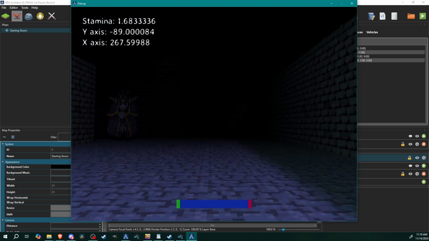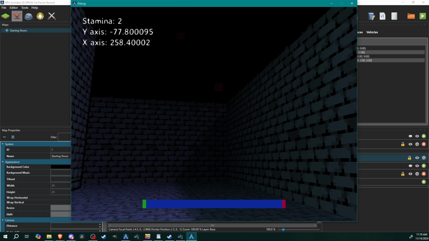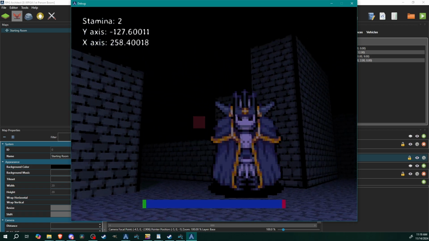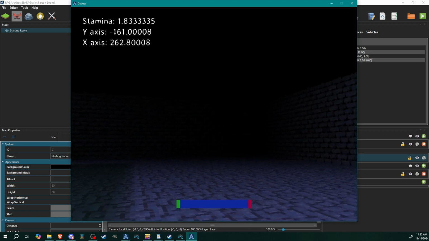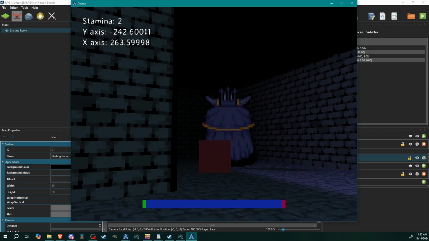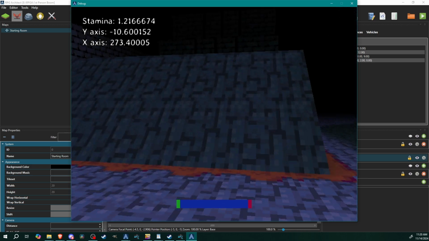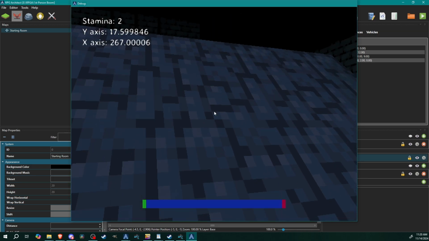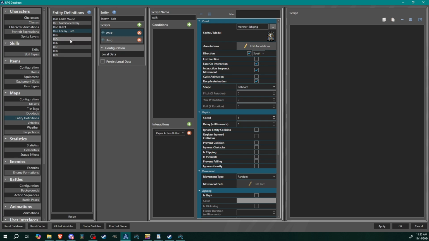Let's go find another one. Got away fast. There we go. Bam. And one more. Boom. There we go. And just like that, we have a reoccurring enemy that we can use over and over again. And then, of course, if you want, you can